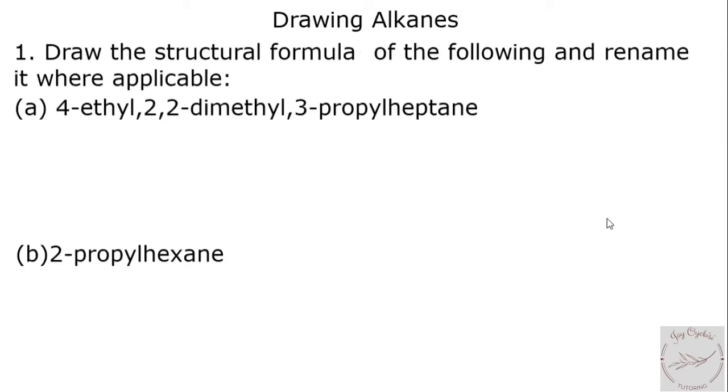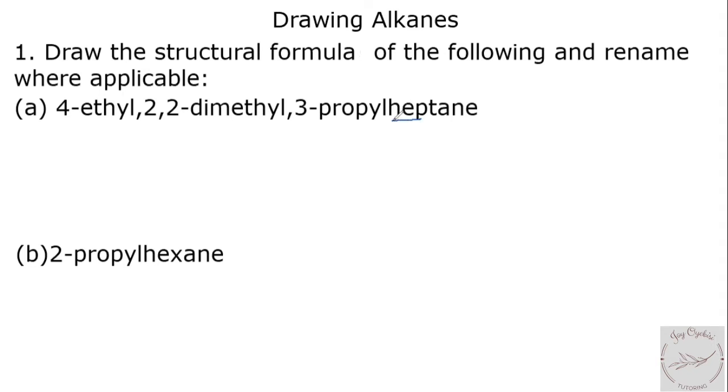In this video, we're going to be drawing alkanes. The first question says to draw the structural formula of the following and rename where applicable. So the first compound here is 4-ethyl-2,2-dimethyl-3-propyl-heptane. When we are asked to draw the structural formula, the first thing we need to look at is